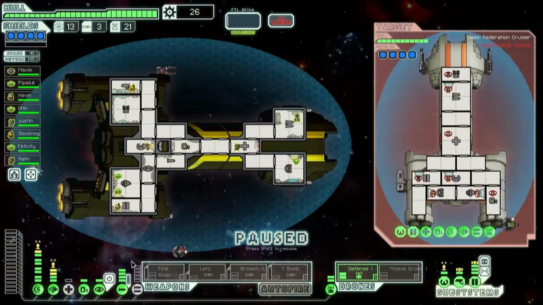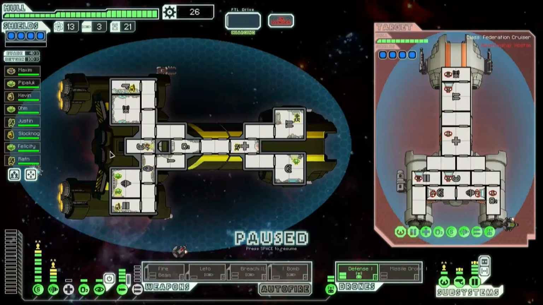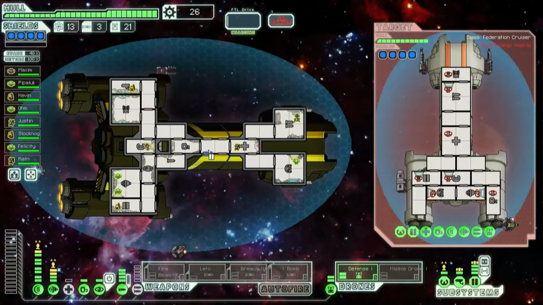Tell you what, so we have a panic button here. The crazy thing about the cloaking thing is it instantly makes your ship have 60 percentage points more evasiveness. As you can see right now, we have 40% evasiveness. If I were to turn on this cloak, it would increase that to 100% evasion, which is pretty sweet. I've got 5 seconds of cloak right now, so if I ever come across something where...